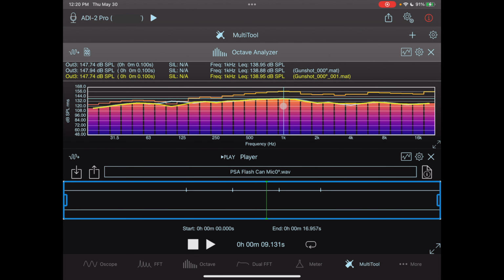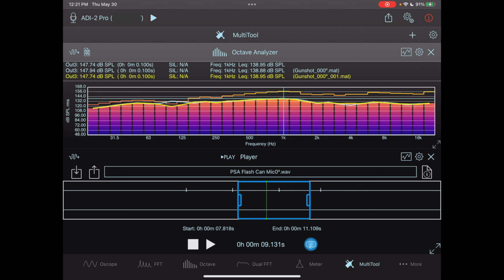Now, notice that when saving multiple files with the same name, Signalscope will automatically start numbering them. Another thing to note here is that you can select just a portion of an audio file to analyze. And you can enable repeating playback for cases in which you would like to let the analysis run for a longer period of time.